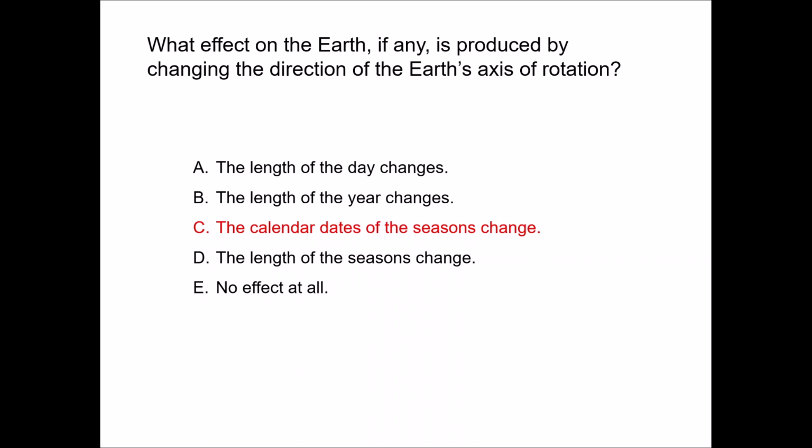We're going to be tilted away from the sun, and it actually would be winter time during the months of June, July, and August. So yeah, the calendar dates of the seasons change. And you may be wondering, well, how dramatic of an effect is that? Well, if you take 26,000 years and you divide them by how many days there are in the calendar, 365, you get a number that's around like 71 or 72. Let's just go with 72. That means every 72 years the seasons shift and they're off by 1 day.